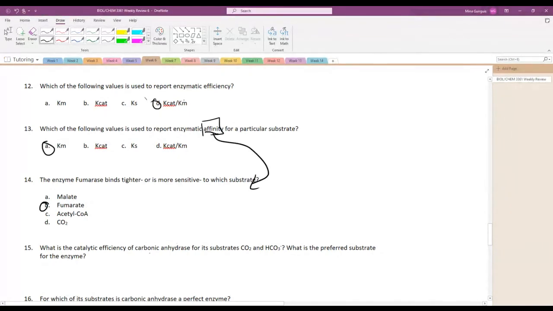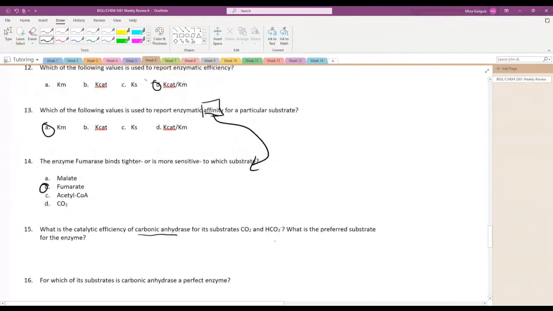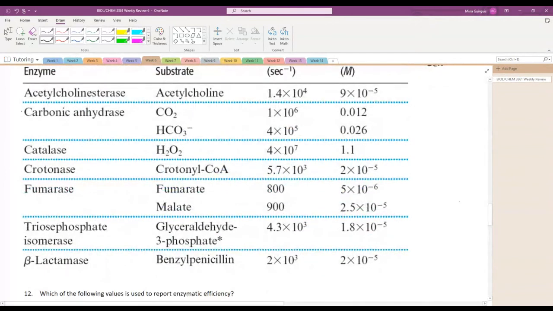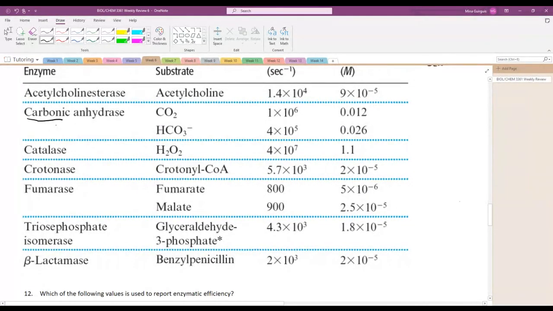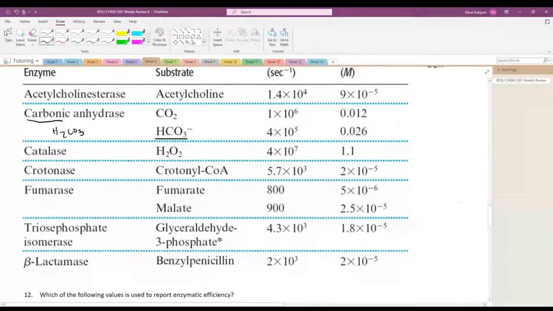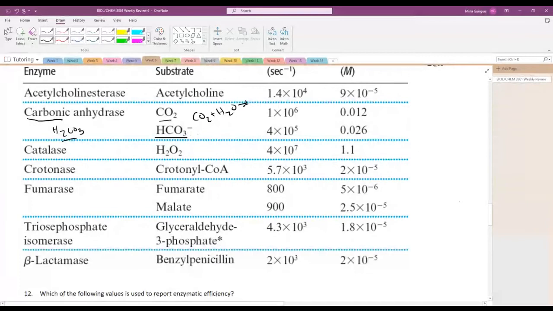Okay. All right, what is the catalytic efficiency of carbonic anhydrase for those 2 substrates, and which is the preferred substrate? Okay, so carbonic anhydrase is right here. For those of y'all who are like, why do I know that? Carbonic acid is H2CO3, right? And so HCO3 minus is the conjugate base carbonate of carbonic acid. CO2 is carbon dioxide, obviously. But this is also the buffer system of our blood. CO2 plus H2O gives us this carbonic acid,